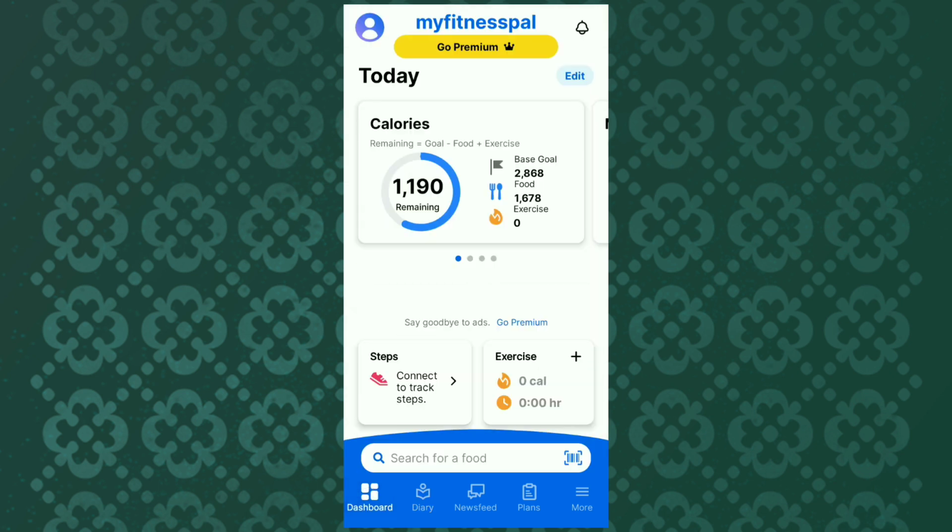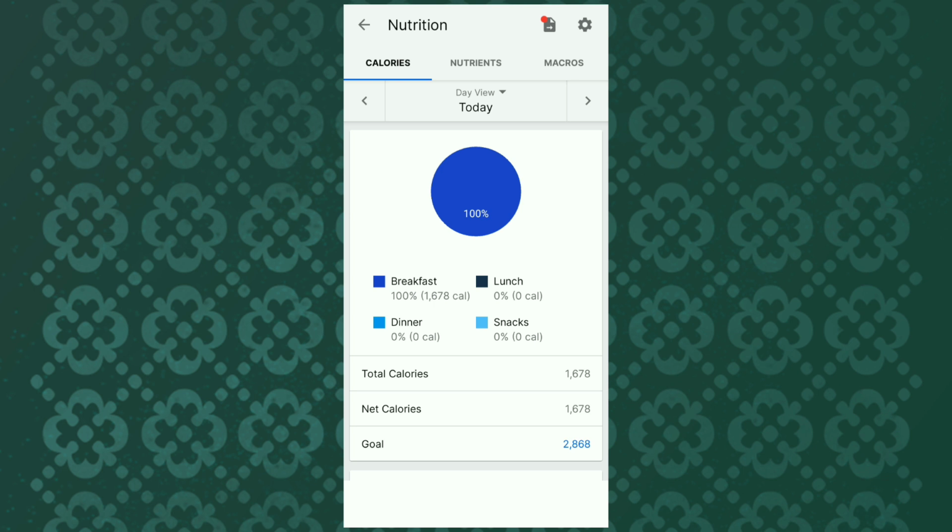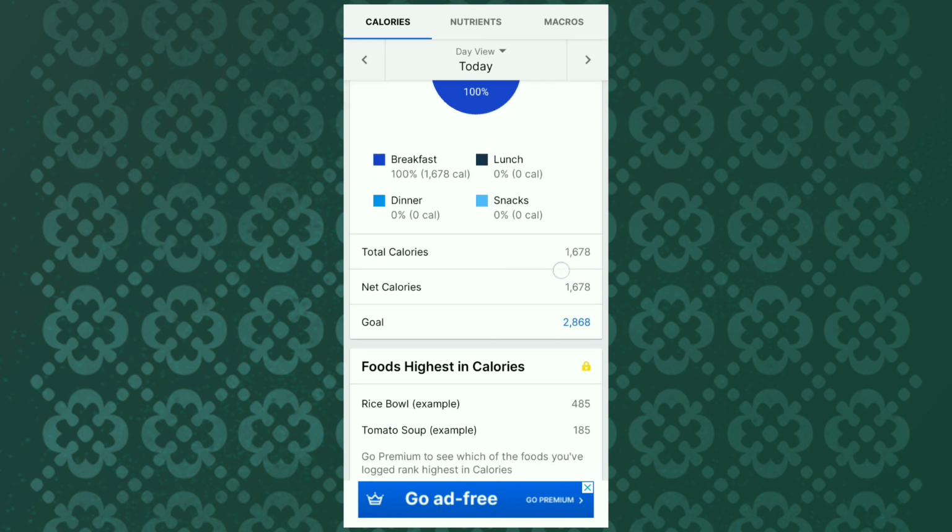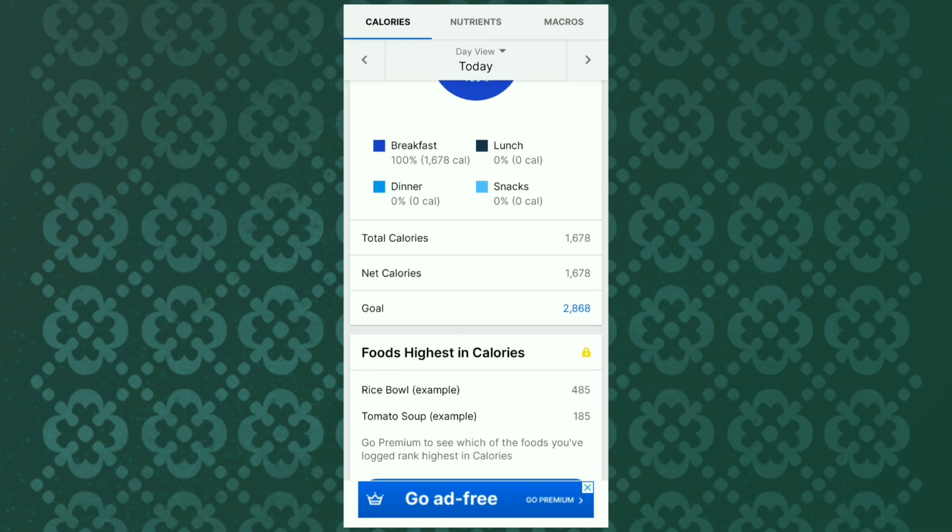Now move to the dashboard. You can see here that there is an option of calories. Click on it. You can see the graph here: breakfast having calories, lunch, dinner and the snacks. Your total calories and the net calories will be calculated in this form. You can see here the total calories